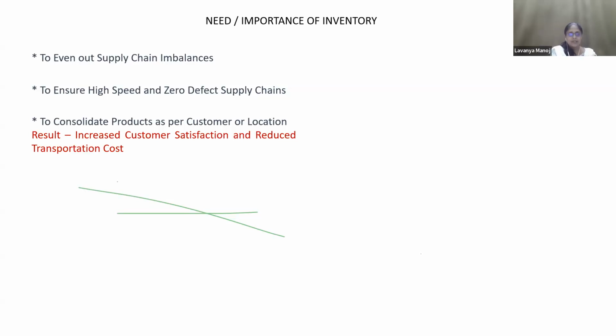So for these reasons, the consolidation process, assortment process, unitization process, packing, packaging, labeling, cannot be done on the factory floor itself as soon as the production is completed. So once the products are complete, the completed or semi-finished products, as a bulk, as a consolidated product, are taken to the storage unit and kept as stock, kept as inventory.